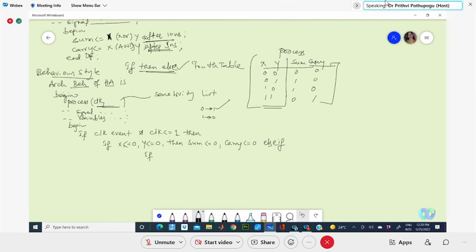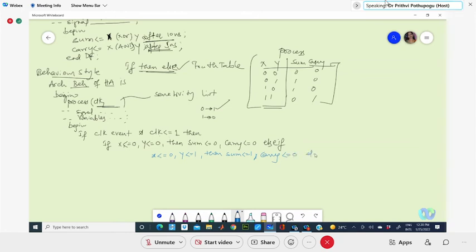Okay, else if, that means all conditions we are writing. Else if x is equal to 0 and y is equal to 1, then sum is 1, carry is 0.